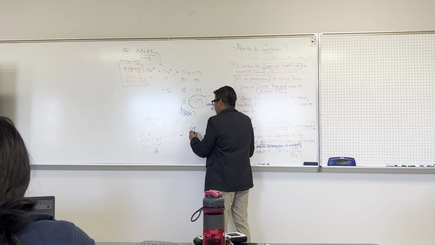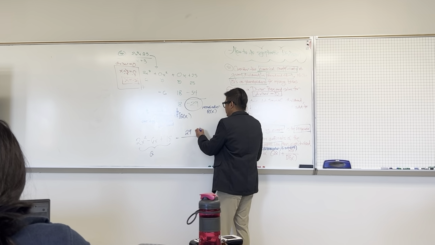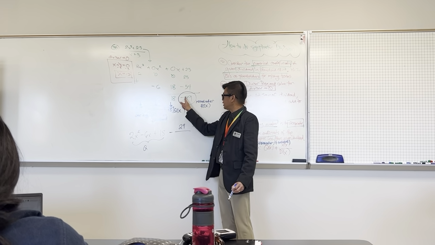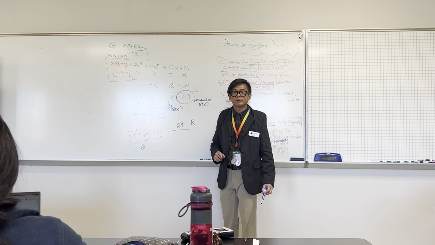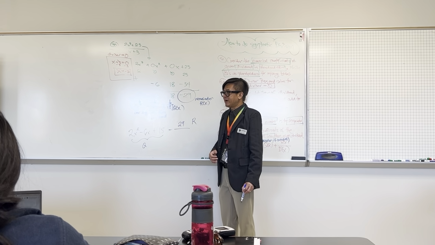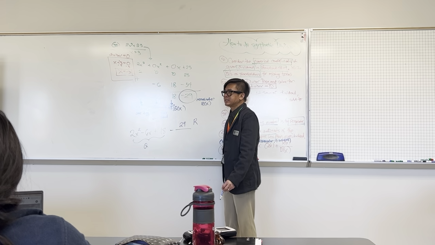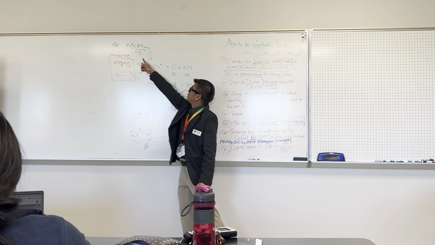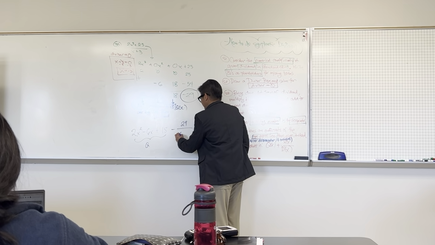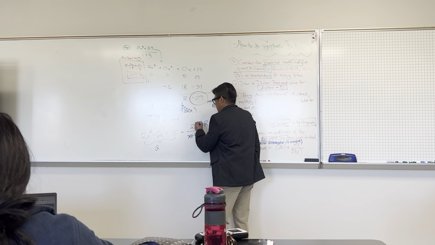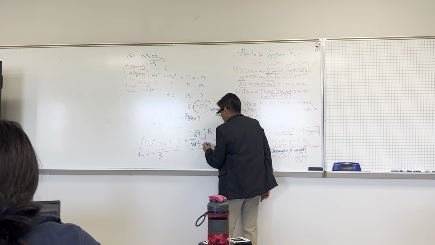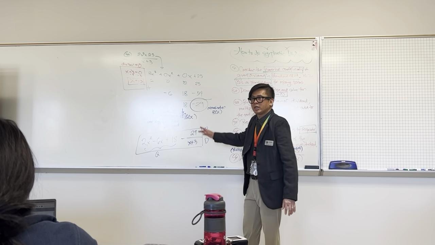Minus the remainder, so that's minus because it's negative, over the divisor. And what's your given divisor, guys? x plus 3. And that is your answer. By the way, this is your D(x) divisor. And again, you can verify